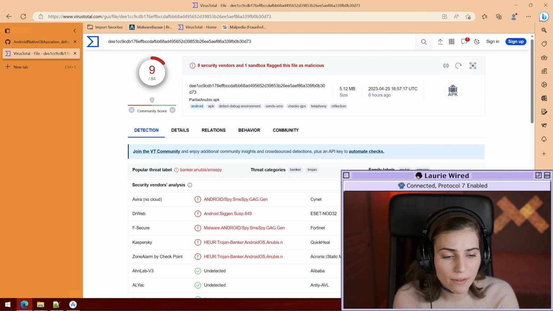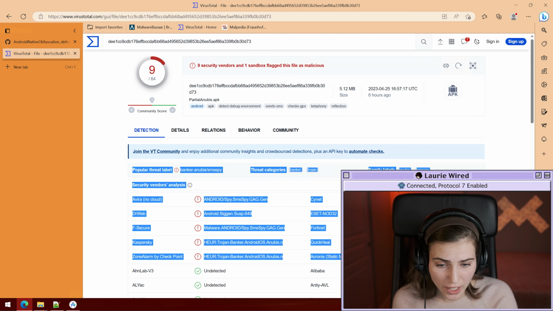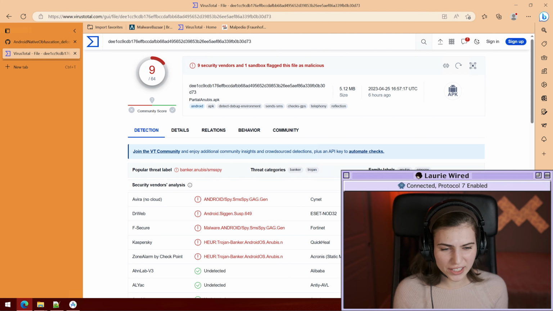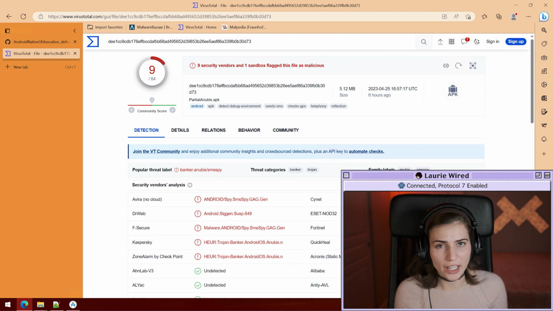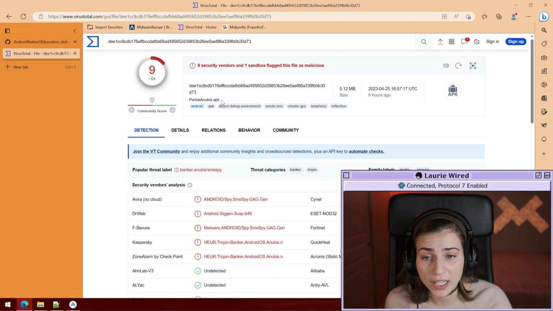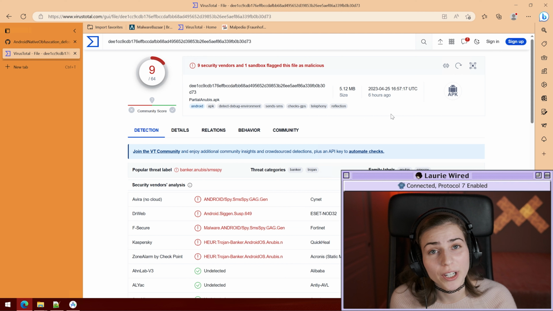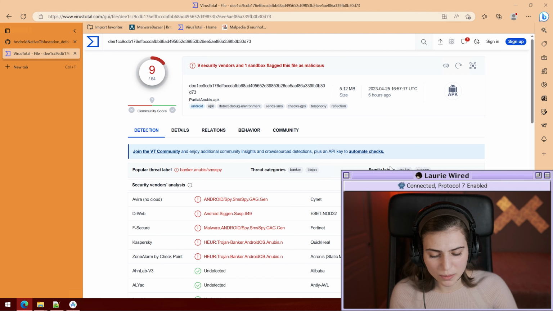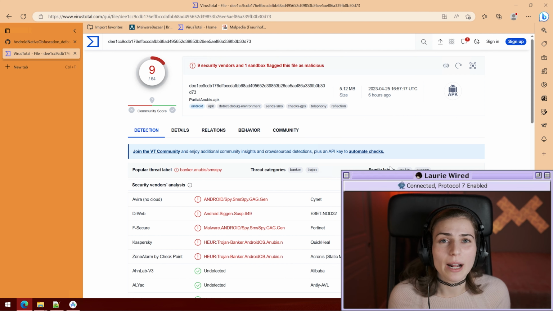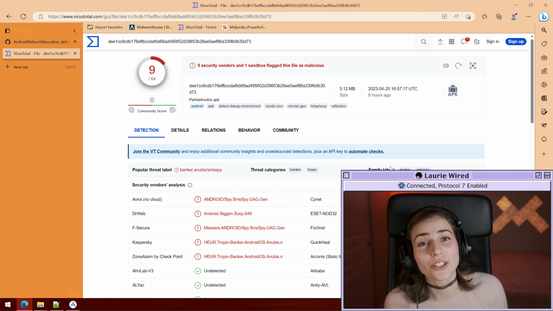And you see we have quite a few different detections related to Trojan, Android OS, Anubis. So what does this mean? This means that a bunch of different antivirus companies are actually detecting this Android APK. APK stands for Android Package, and this is basically an Android application that would be running on your Android